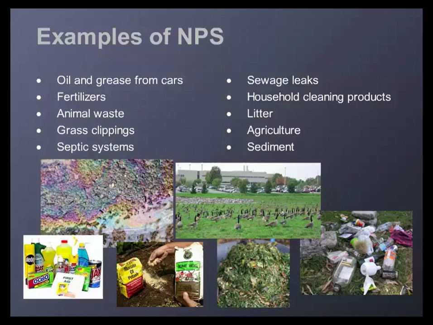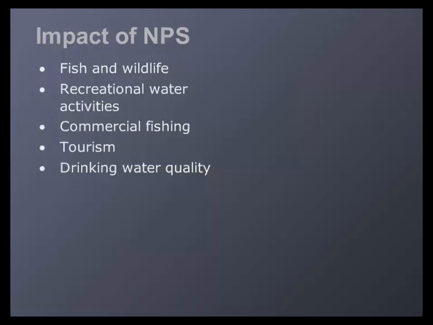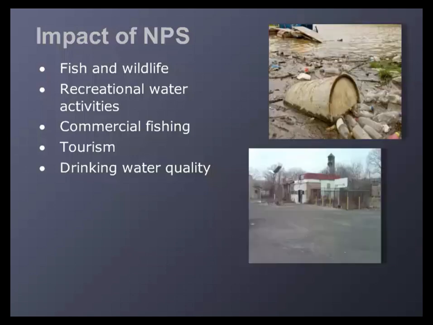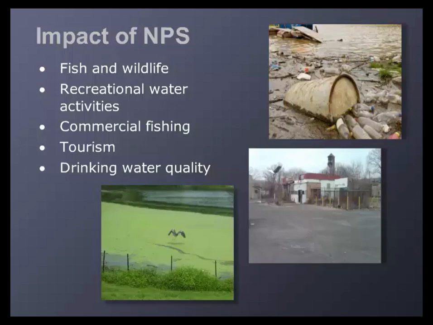Non-point source pollution is a serious factor in water quality. Here are a number of common examples: oil and grease from cars, fertilizers, animal waste, grass clippings, septic systems, sewage leaks, household cleaning products, litter, agriculture, and sediment. The impacts of non-point source pollution can be widespread, from fish and wildlife to recreational water activities, commercial fishing, tourism,